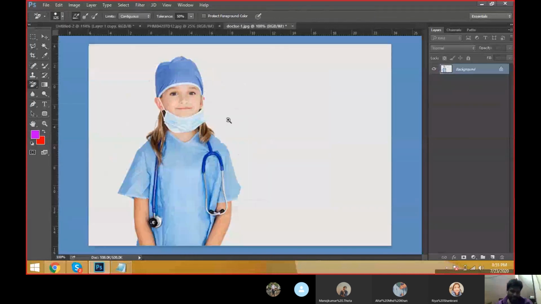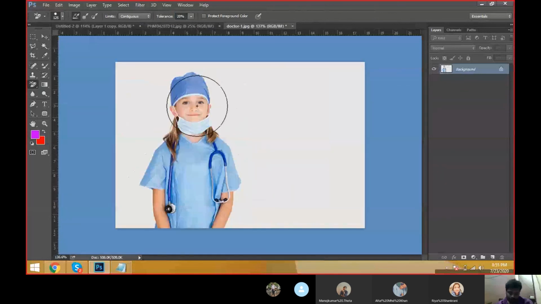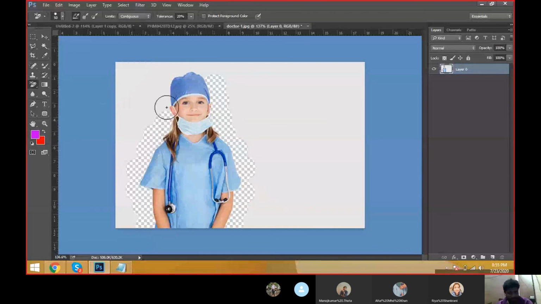Then what do we have to do? The tolerance is very high. Keep the tolerance at 20%, and decrease the brush size. Now you can see, step by step, just make the image perfectly.